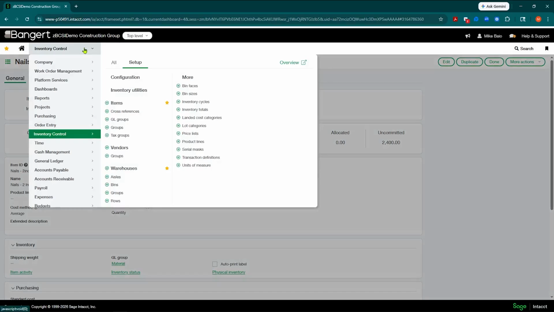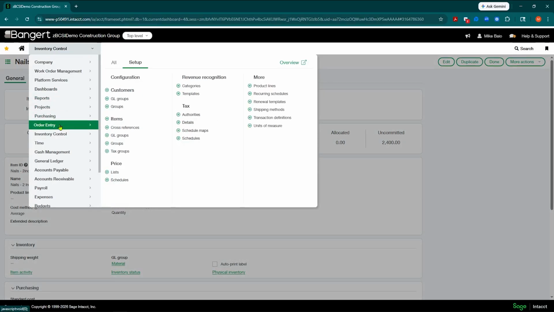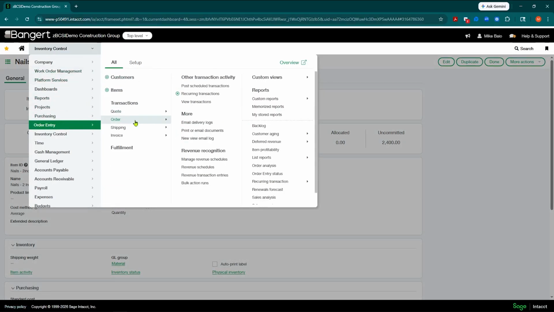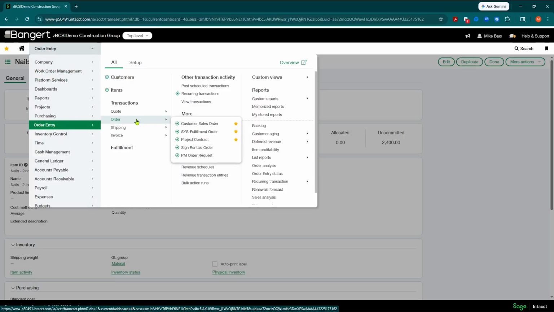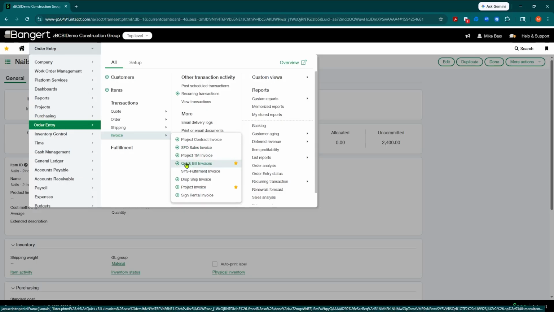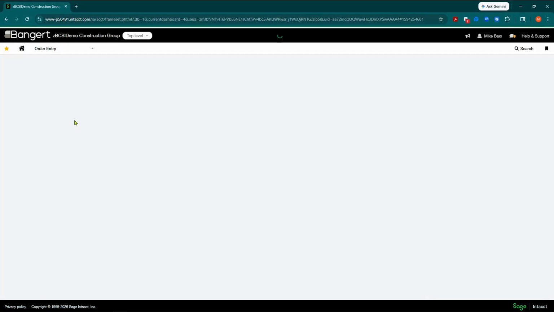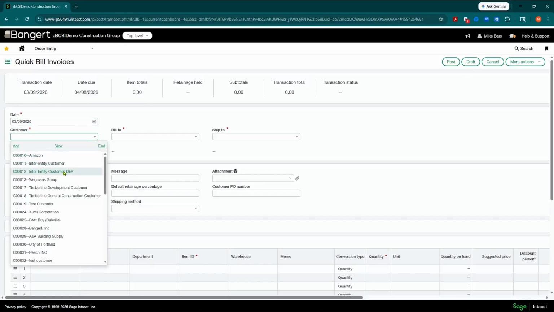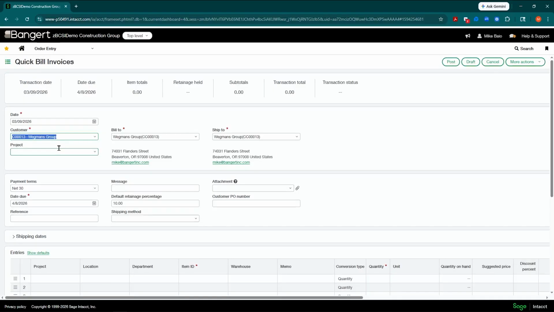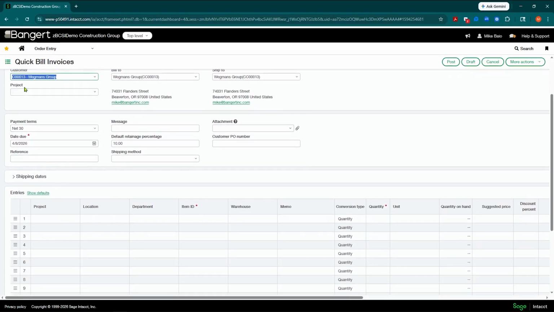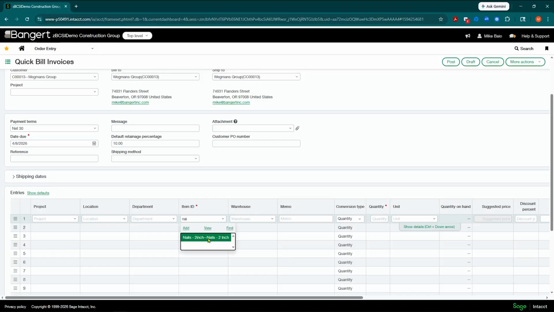Now, let's say I do want to resell some. Someone called up and said they want some nails. They want 3 buckets, let's say. You can have an invoice order entry definition set up. I'm just using the quick bill one for now. I can come into here and hit the plus button. And the Wegmans group is going to order some nails. So I can come down to here and you can code it to a project, all the normal construction related stuff you do. But in this case, I'm just going to sell them some direct material. So I'm going to sell them some nails.